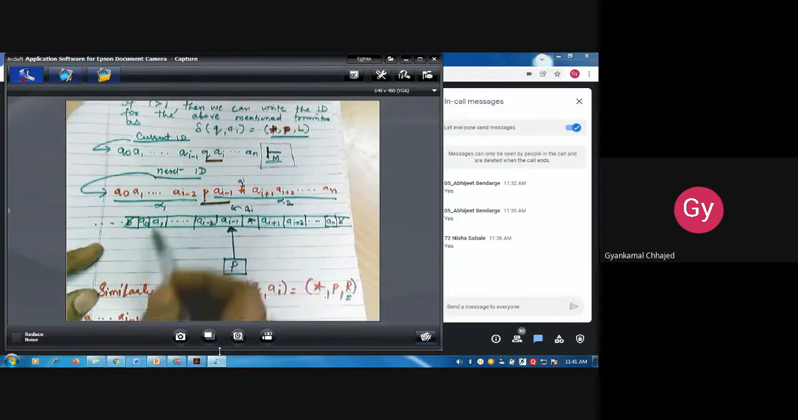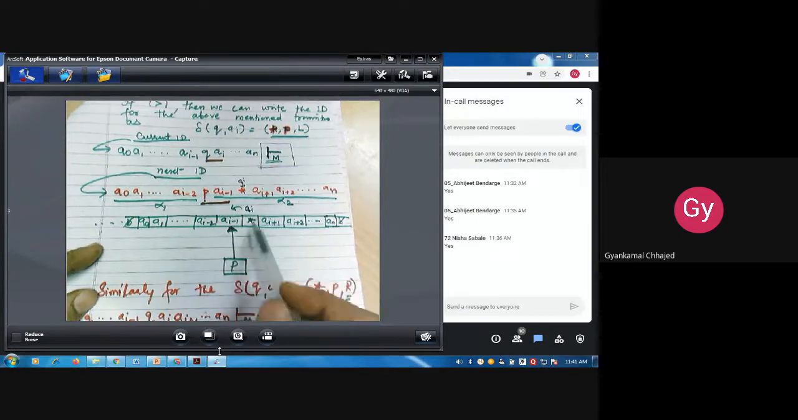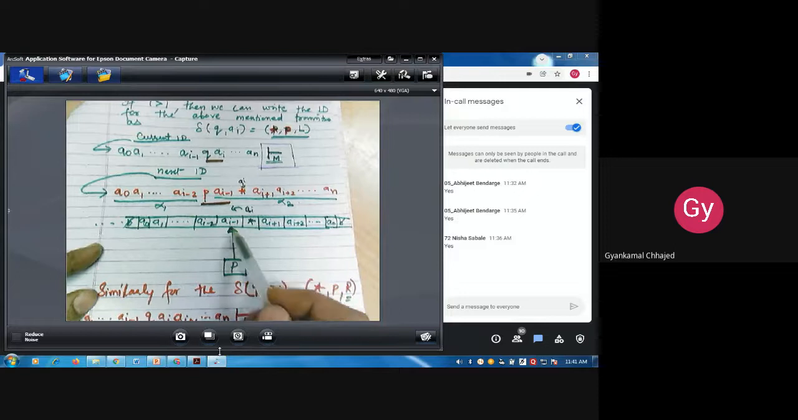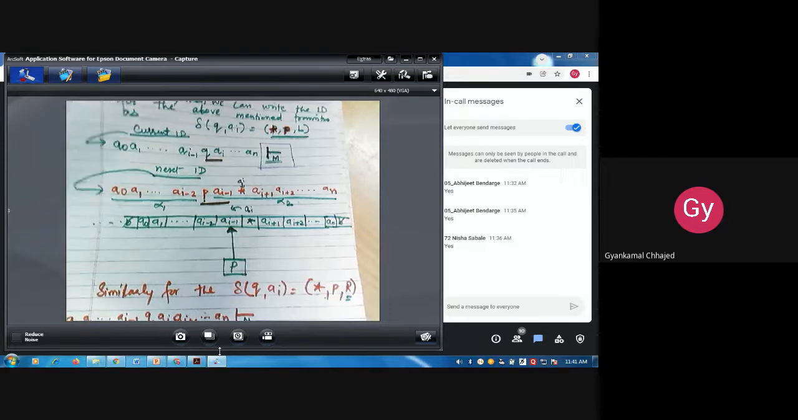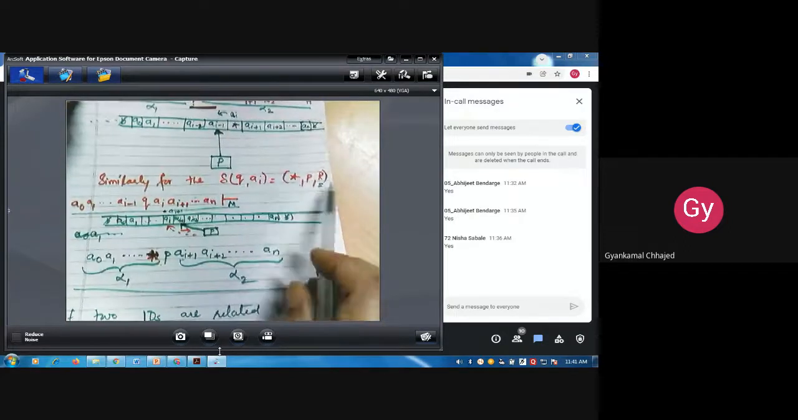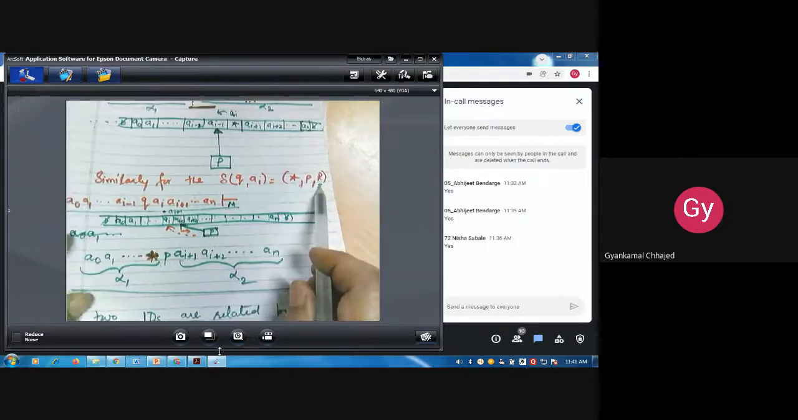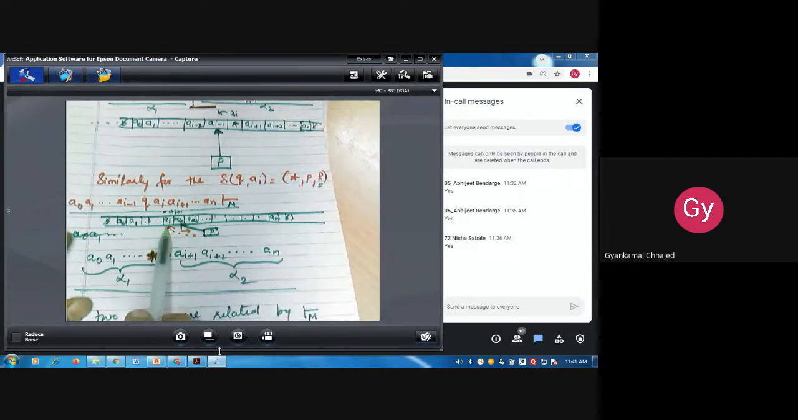Okay, and pictorially it will be looking like this. AI is updated to star, the head is here, and your current state is P. Similarly, if you have to represent R, instead of left movement, if it is moving towards right, that means it will be moving to AI plus 1. You will be changing it to star. So it will be like this,